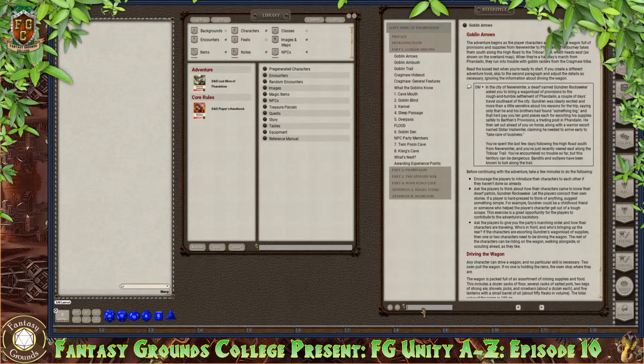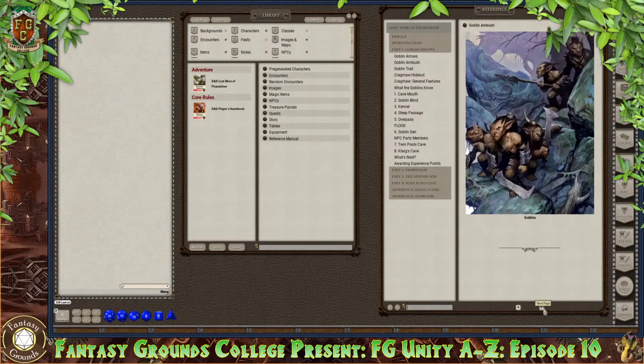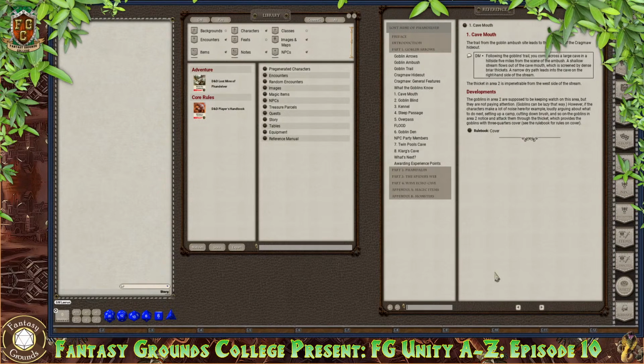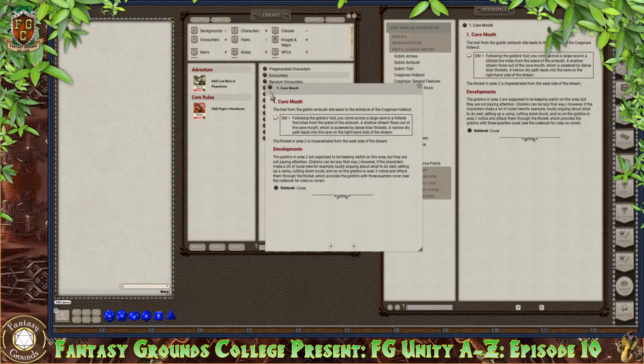You can search down here on the bottom left. The direction arrows on the bottom center here are to change the pages, just like you would in a regular book. If you wanted to bookmark something, like let's say you want to start at the cave mouth, you can actually pop that page out, and on the top left corner of this page where it says cave mouth,